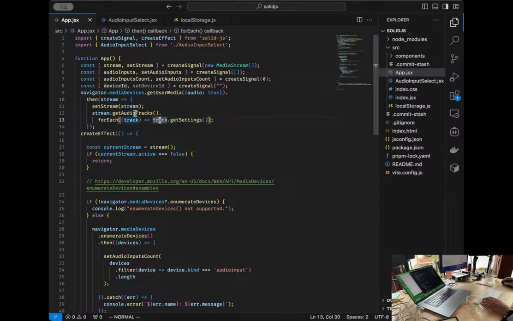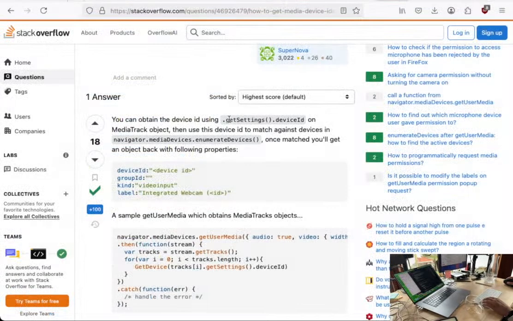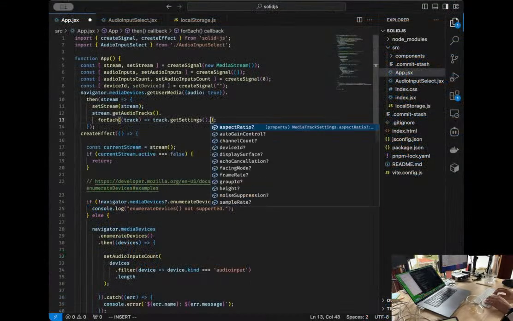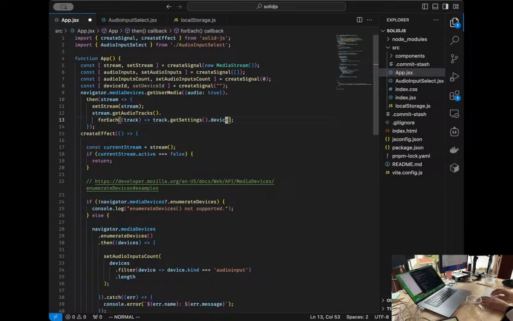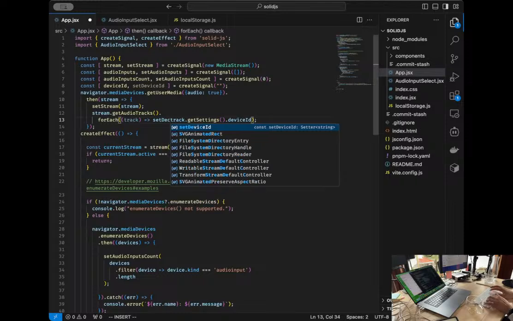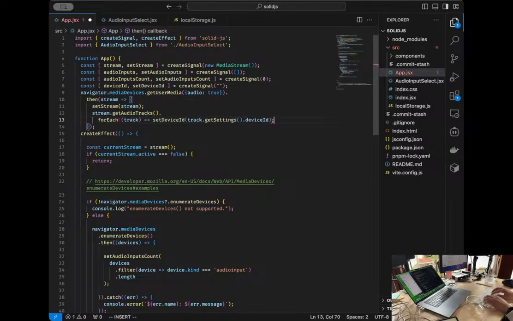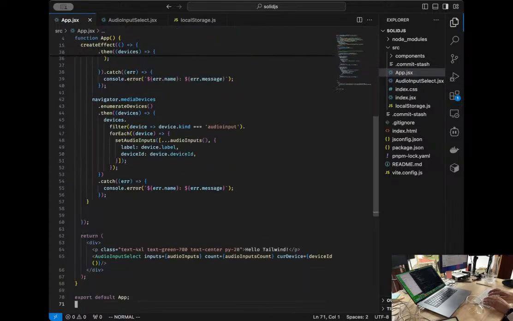I have to get it when we do track.getSettings, as we have seen just earlier, that it's possible to do getSettings and then deviceId. It's possible that there is no such thing as a device ID, but for now I will just set device ID. If the getSettings object doesn't include it, it's possible that we have a different version, but